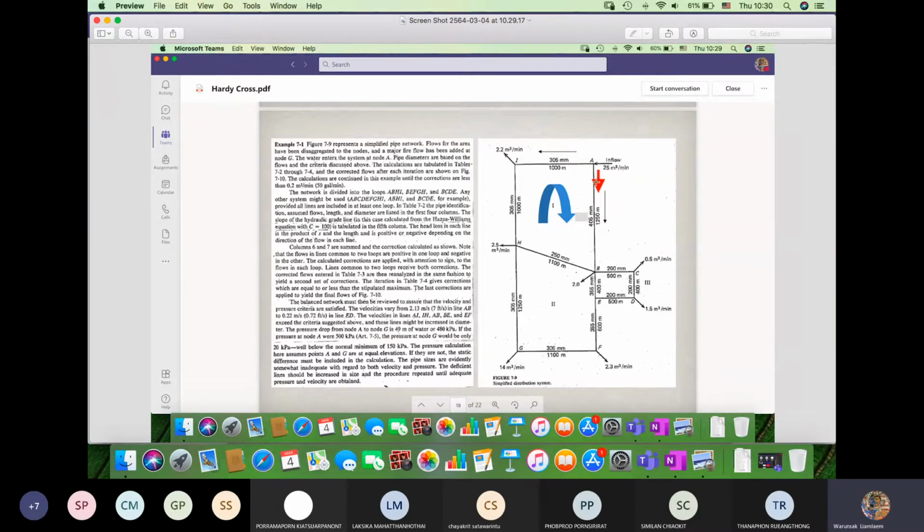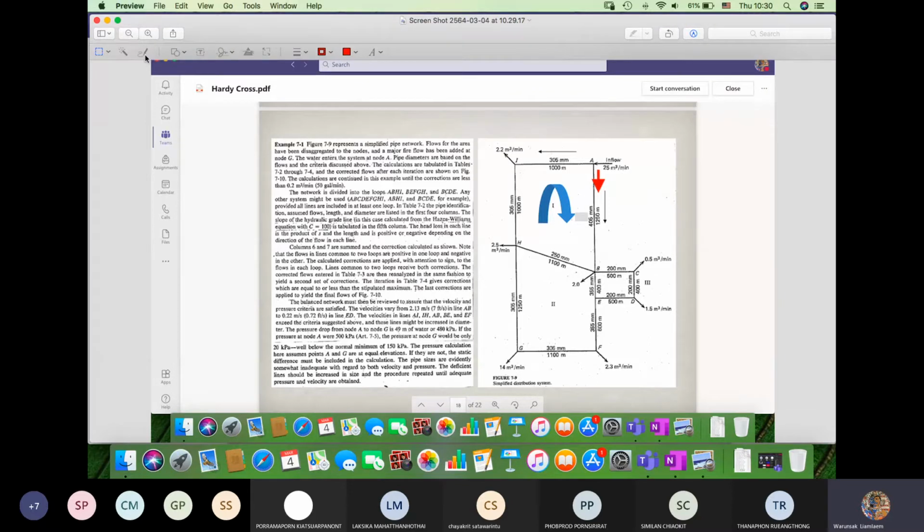So before determining the flows at each pipe, you have to assume the flow rate. Let's begin with point A. At point A, there is an inflow of 25 cubic meters per minute. You have to assume. So if it goes to point B, how much would that be? Suppose this is